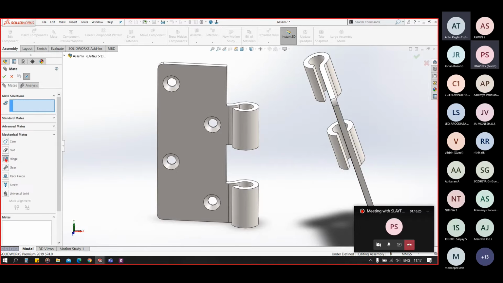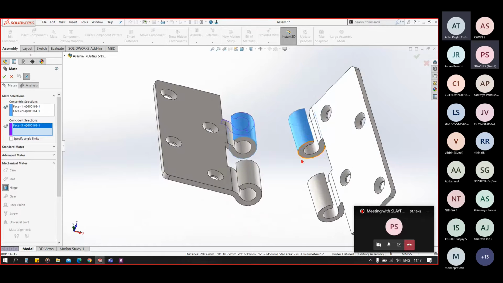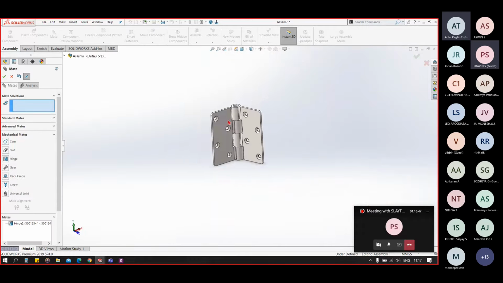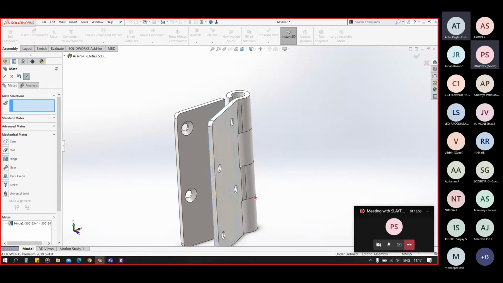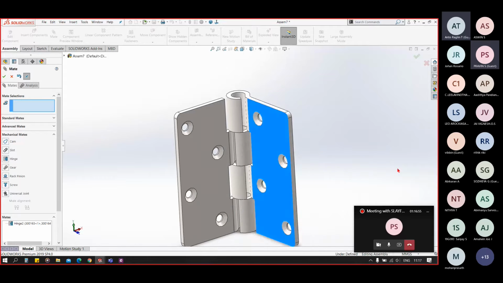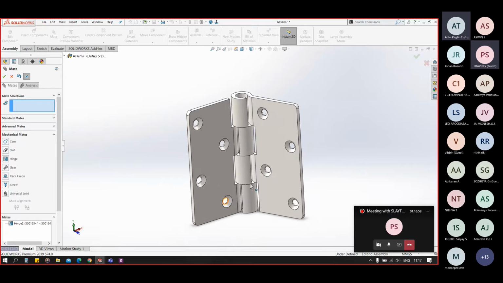In the mechanical, go to hinge. In the concentric selection, select two circular faces, and in the coincident selection, select the two faces which are to be coincident. So this face and this face will be coincident. Click on OK, and you can see we have our hinge now, which is rotating with respect to each other. Okay, so this was a hinge mate.